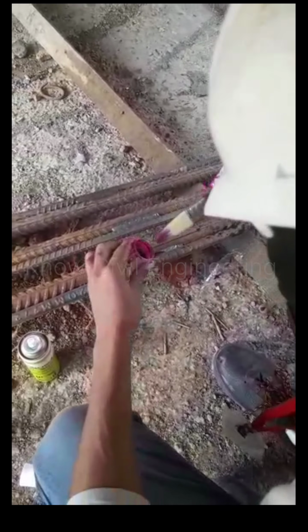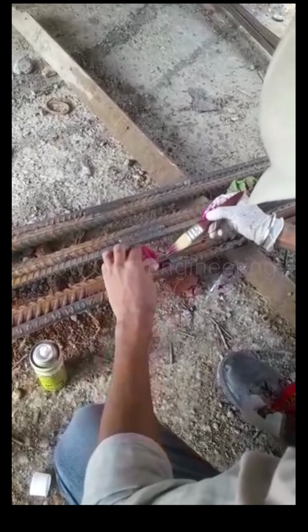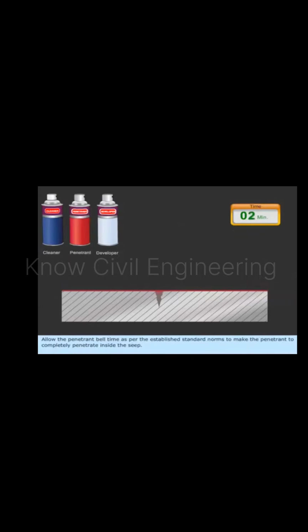Penetrant is a red colored liquid. It can be applied on the surface by brush or by spraying or by immersing the entire surface in a penetrant bath. Now, keep the substrate as it is for a certain period of time during which the liquid seeps into the flaws, if present on the surface, due to capillary action.